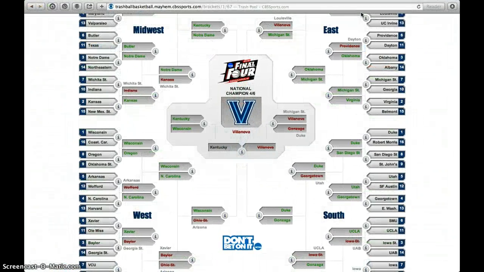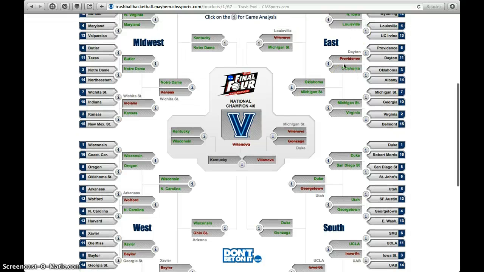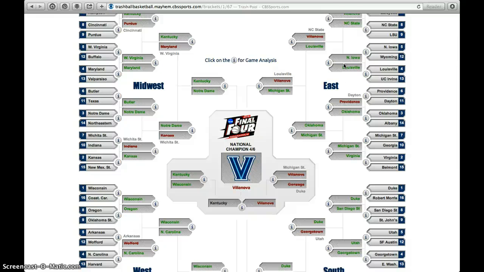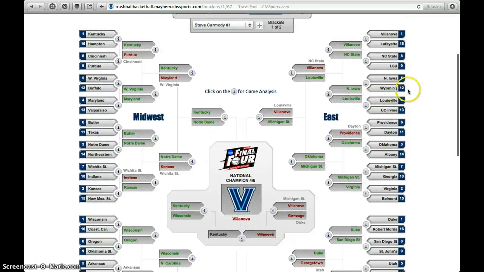Okay, I want to add one other thing that you might hear a lot about in the tournament, which is an upset. An upset is when a team with a higher seed beats a team with a lower seed. Remember, we said that a lower seeded team, like the number 1 seed here, would be expected to beat a higher seed. Let's take a look here at Michigan State. They came into the tournament as a number 7 seed, okay? They played a number 10 seed in Georgia in their first game, and a number 7 seed would be expected to beat a number 10 seed. And you can see that that happened. Michigan State won this game, okay?